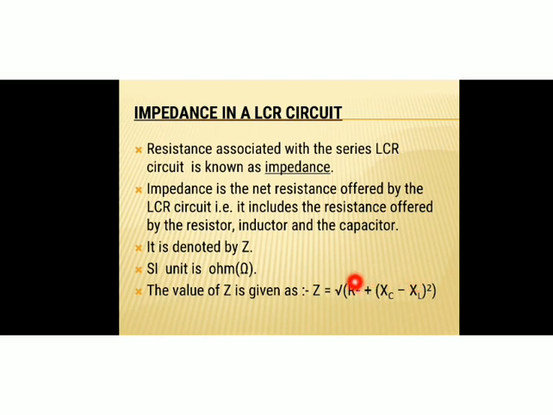It is the resistance of a purely resistive AC circuit, and XC is the impedance or resistance of a purely capacitive AC circuit, and XL is the resistance or impedance of a purely inductive AC circuit. Okay, so from this the value of Z is equal to square root of R square plus (XC minus XL) whole square, and this relationship is obtained from the impedance diagram. So you must know what is an impedance diagram.